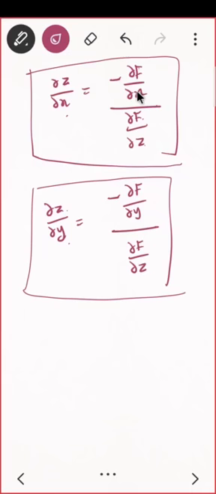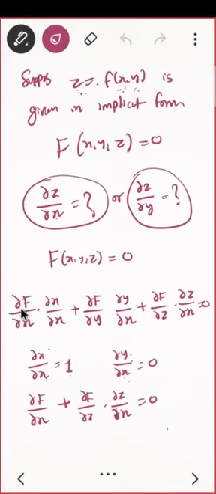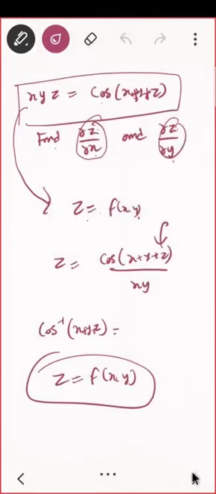Yes, is that clear? Do you see how we derived this? We just took the differentiation ∂f/∂x, keeping in mind what we want to do: we want to put z equal to f of x, y. This is what we want to keep in mind. So now let us try to do the problem.